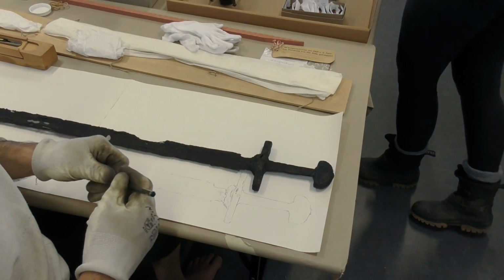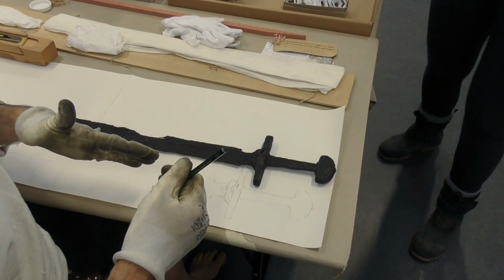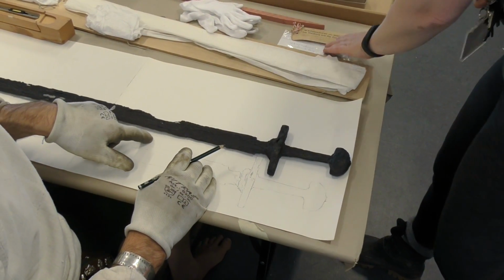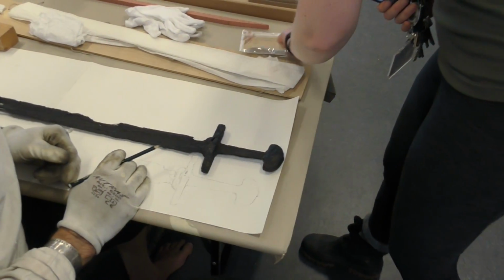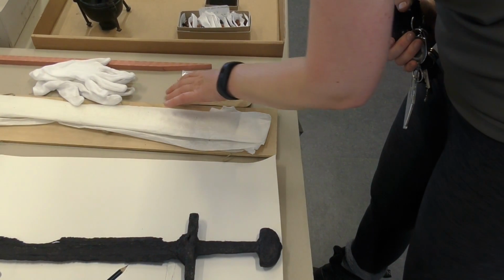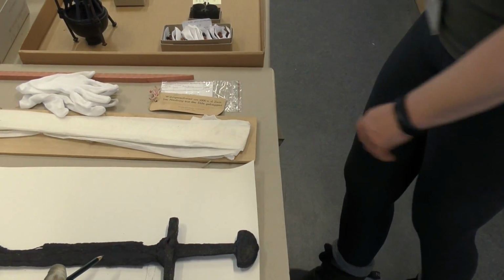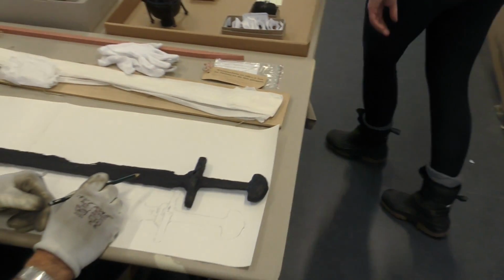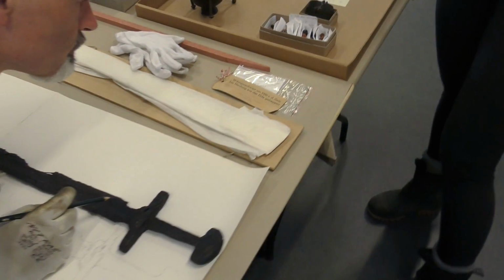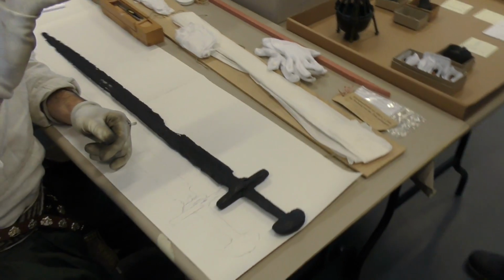I actually don't know if this is from a burial. I don't know where it's from. This one was found in Mecklenburg-Vorpommern, so that's by the southern coast of the Baltic. It's actually pretty close to where I live now. But is it a grave? I don't know about the context, but comparable swords of exactly the same time period have been found, and